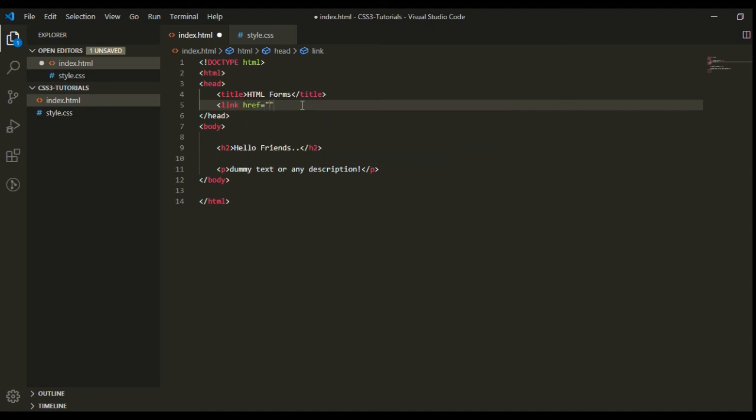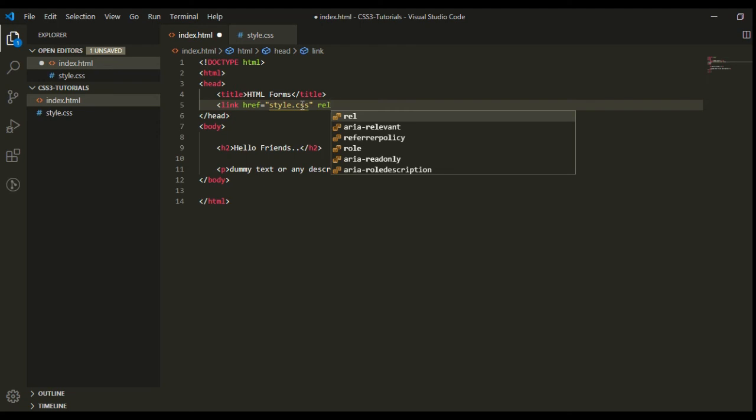Here we give the path of the CSS file, which in our case is style.css. We also give one more attribute, rel.